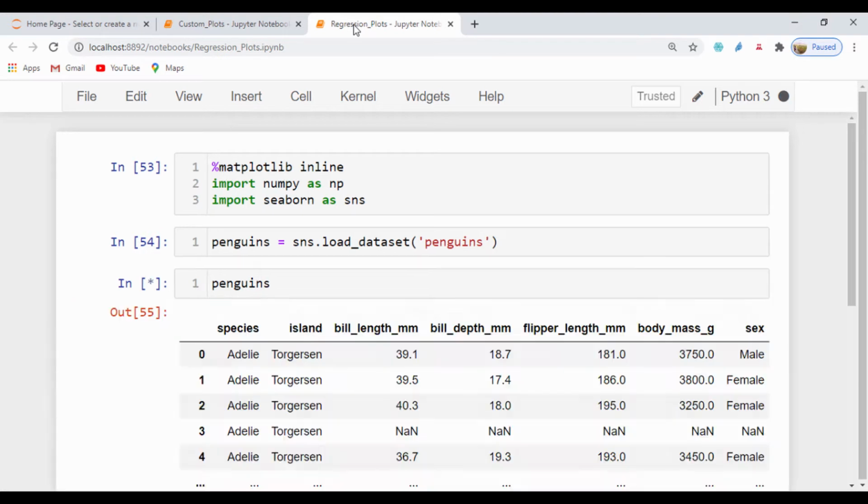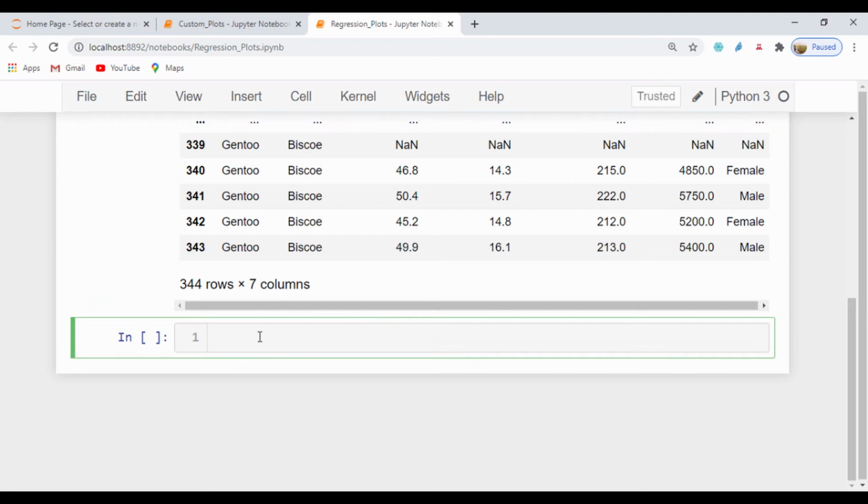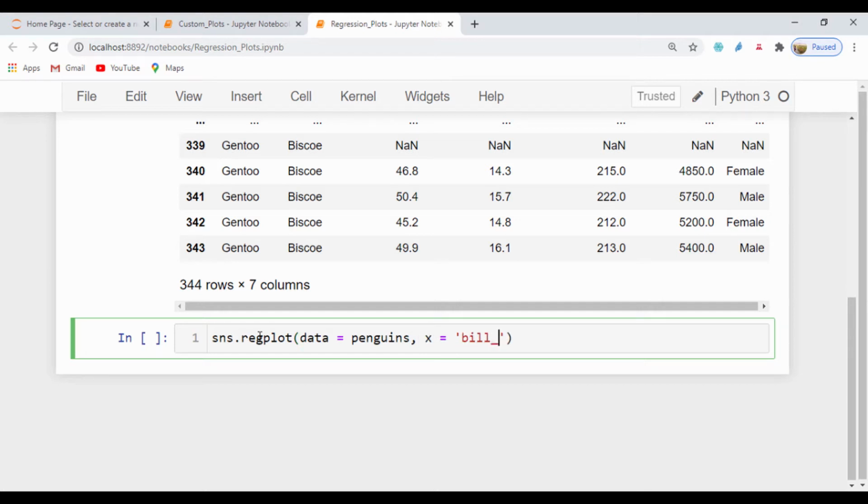And to see our dataset, we could just simply type the name of that dataset, and we can see that output showing us quickly. So we'll use the regplot, which is the function that is used to plot regressions. And to do that, we're just going to say sns.regplot, and then within this, we'll pass in the penguins data. And for our x-axis, let's use the bill_length_mm,